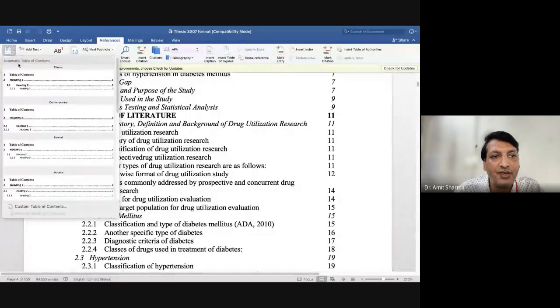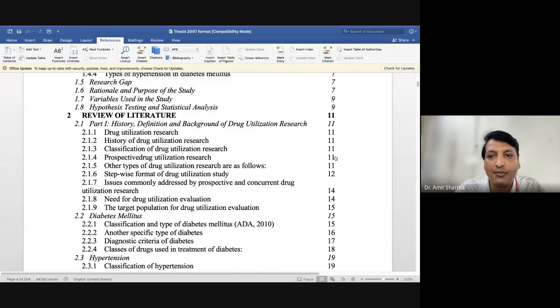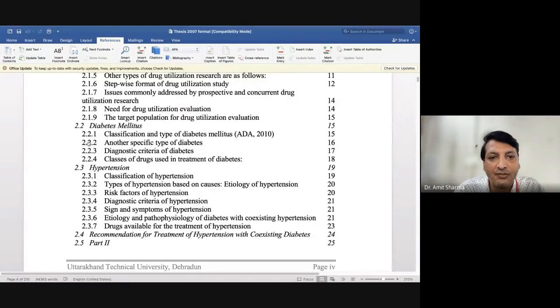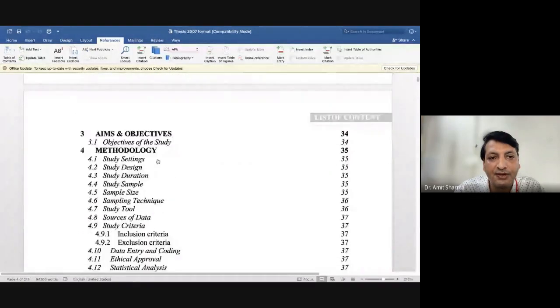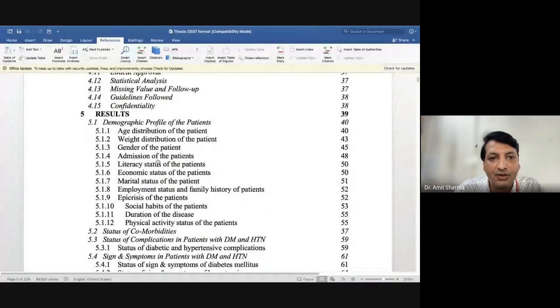So here in Word we have the option called automatic table of contents, and if you have followed the method, then you don't have to count which content belongs to which page number; everything will be made by MS Office itself. You can see how it was made in 3 different lines. Chapter number 5 is the result, 5.1 is the demographic profile of the patient.